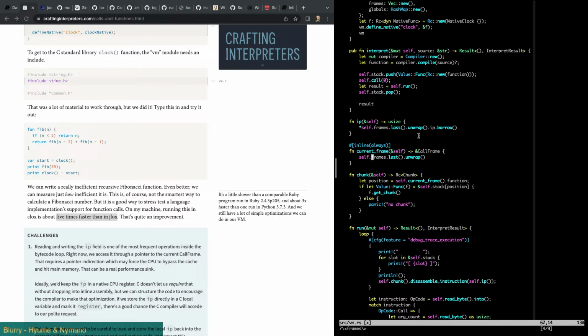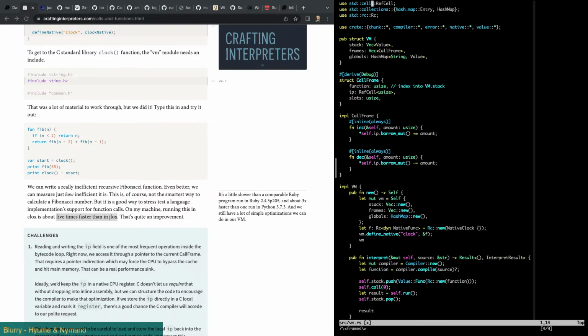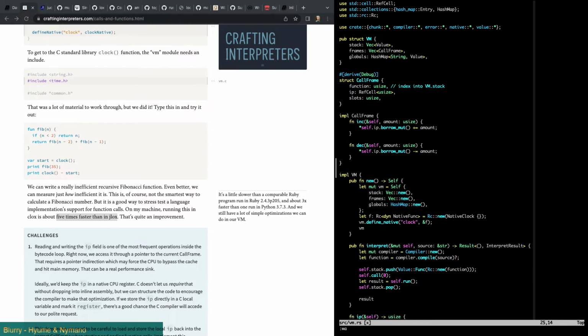Oh no, it wouldn't have to be able to be mutable. We just want to do this here once. When we push a new frame, we'll grab a new reference to that. And when we pop, we'll grab a reference to that as well. Because after we pop, we can just use that same code. So that would be an interesting optimization that we can play around with. But meanwhile, let's go to these inline always, because it didn't help.